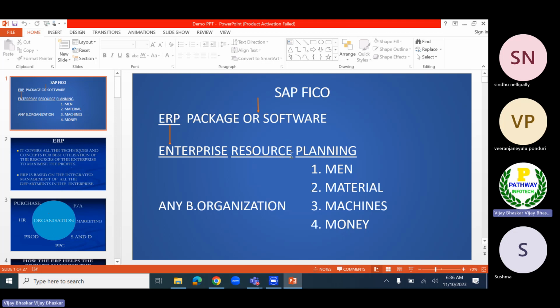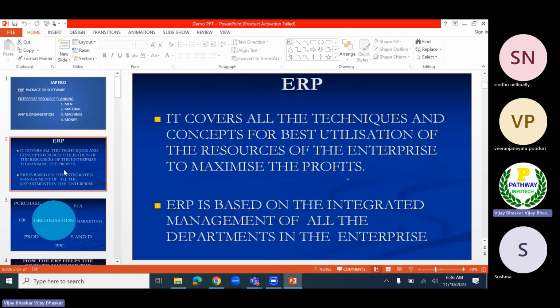That is the meaning of the P. Now moving to ERP, it covers all the techniques and concepts for the best utilization of the resources of the enterprise to maximize the profits, not just utilization of the resources.